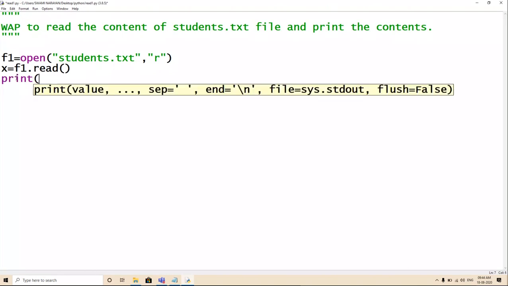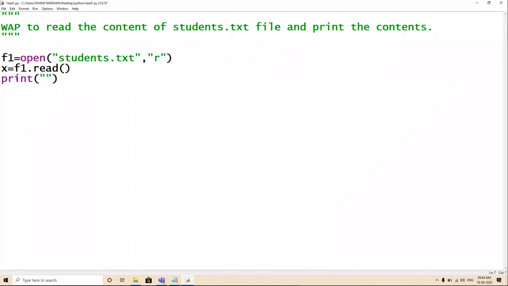And now print content of students.txt file. Let me write backslash n, 2 backslash n here, and then print x, and at last f1 dot close. Fine. Let's execute it.